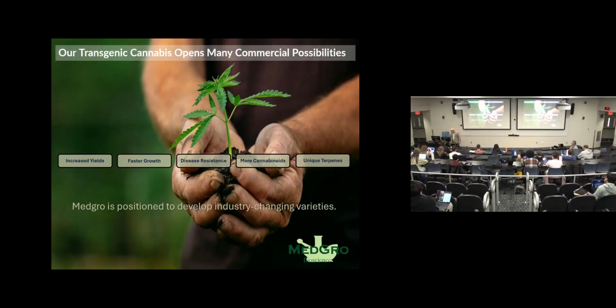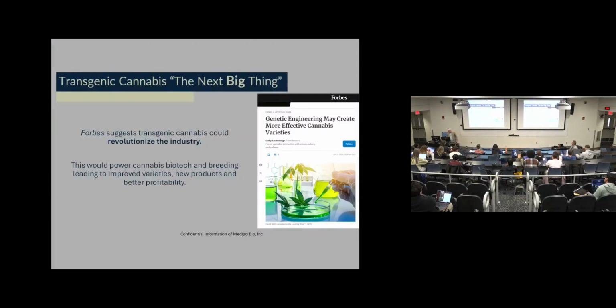And so just finally, I think this is my final slide. It's not just me that thinks that this is going to be useful, because this is an article in Forbes, and it's just about 2 years old now, saying that genetic engineering, particularly making transgenics, could revolutionize the cannabis industry and would be the next big thing. So there are certain tools that you need to bring any plant species up to speed in terms of being able to do biotech. And this transformation technology was the one that was really holding back cannabis sativa. And it looks like